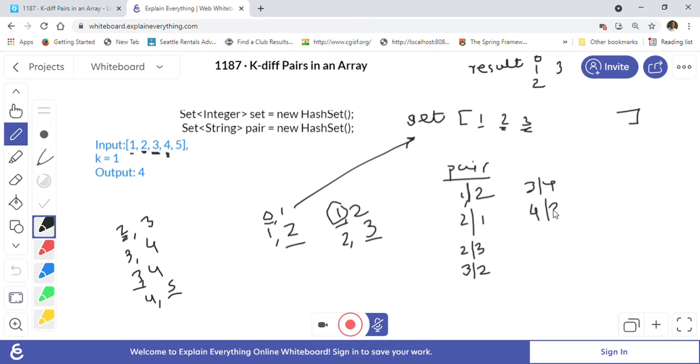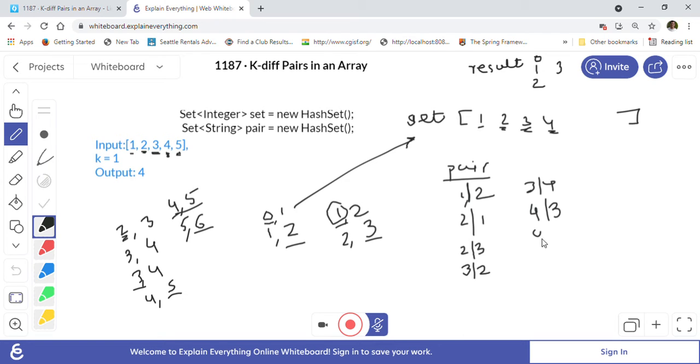Then we will go to 5 now, and we will check if there is anything like 4 comma 5 or 5 comma 6, right? So one less and one more, because that's what can form a pair. So is 4 there or is 6 there? 4 will be there, because we have seen the 4 entry and added it into the set. So we will have a 4 comma 5 pair, because 4 we have already seen here.